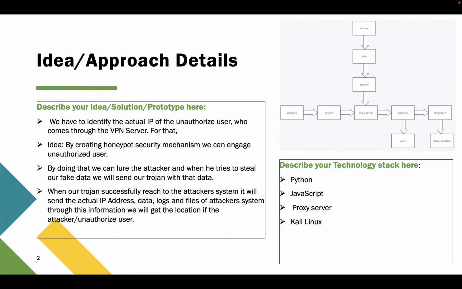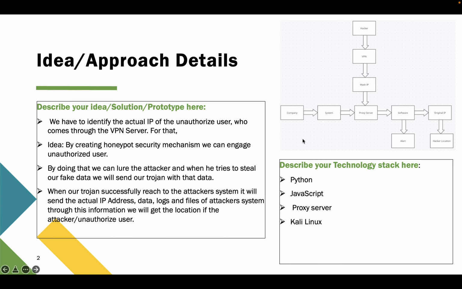Then our Trojan will be activated in the hacker's system, and it will provide us the hacker's actual IP address and the hacker's data. We could also make our Trojan crash the hacker's system, but then it is difficult to trace him, because he can identify that he is under attack, and he will change his geographical